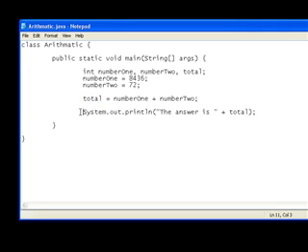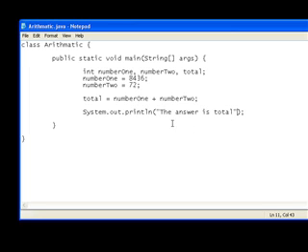Then on the next line, it's system.out.println, and that, as we know from the Hello World program, prints out things on the screen. Then we've got a string here which says "the answer is now", and then we've got a plus. So basically all this does is it adds the variable total to the end of this string. If I did this,